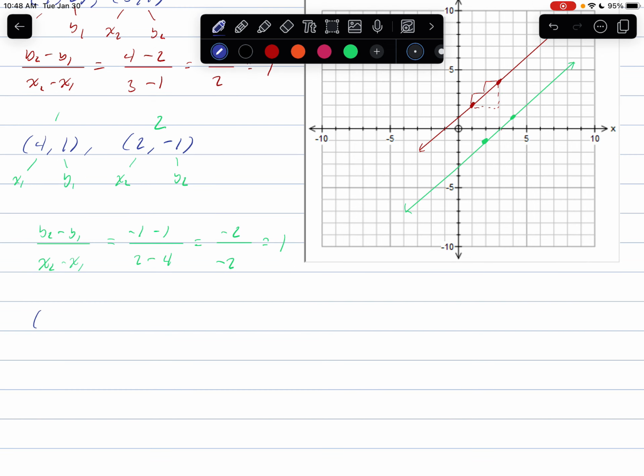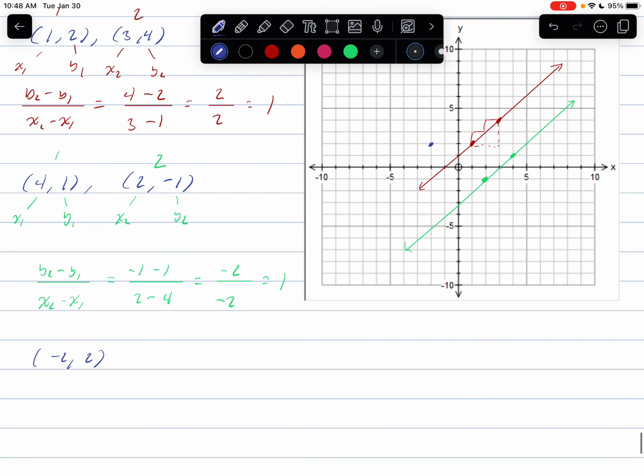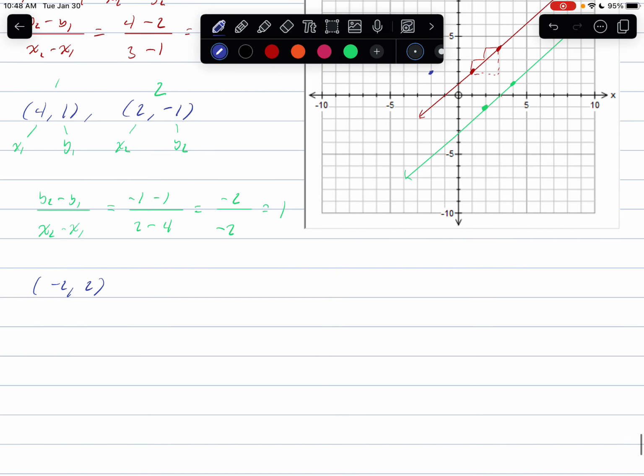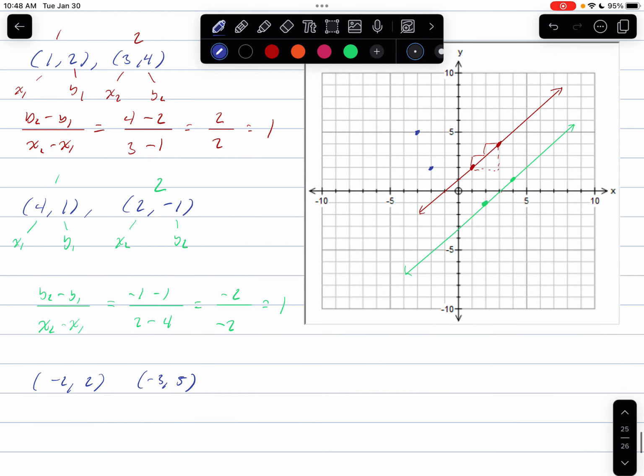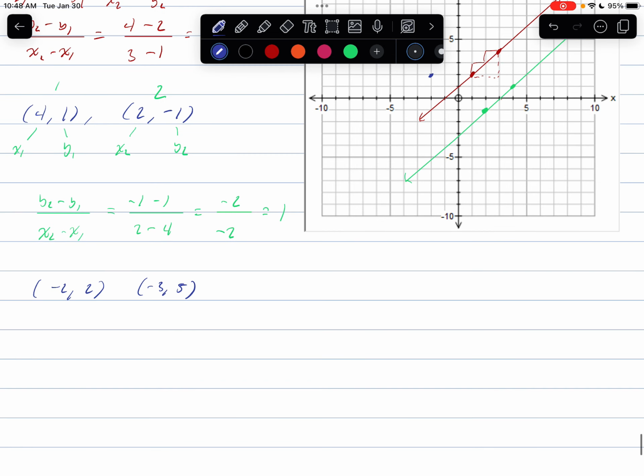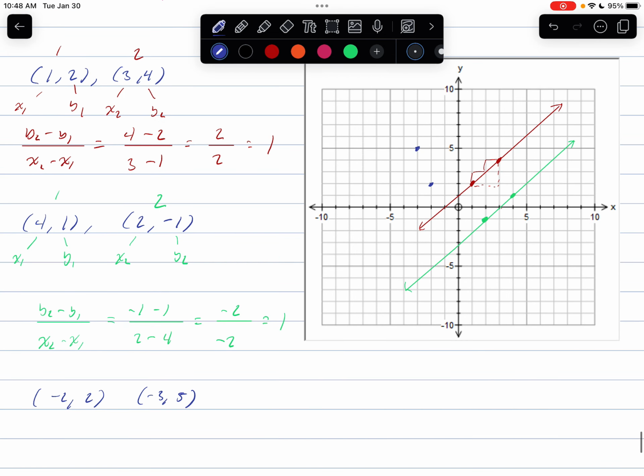Let's do the point -2, 2. Okay, and we'll do the point -3, 5. I like that. That sounds good. So -3, 5. Okay. All right, so let's go ahead and connect these two with a line so we have a good idea what we're looking at here. To be clear, you don't always have to connect your points with a line on a graph as you're doing this, although it can help to visualize